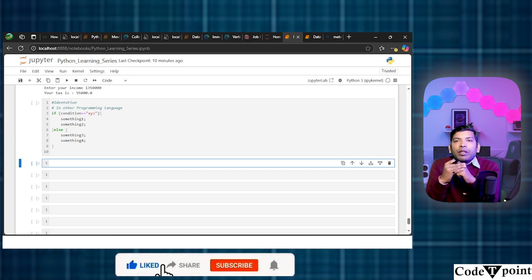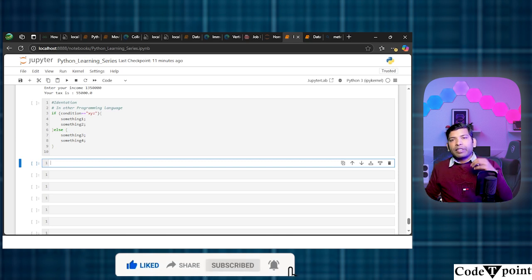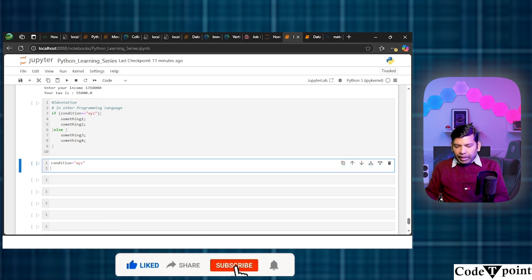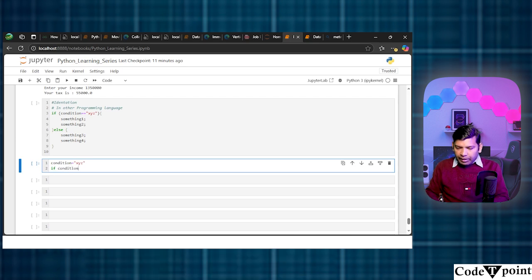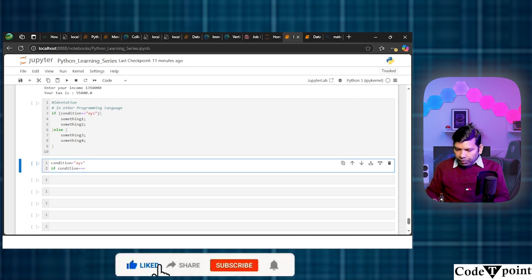In Python programming, we write a similar piece of code in a different way. I'm going to write that piece so that we can understand it better. So let's say the similar structure we are going to write in a Python program. I'm going to write condition equal to, let's say, XYZ, correct? And here I'm going to write if condition is equal to